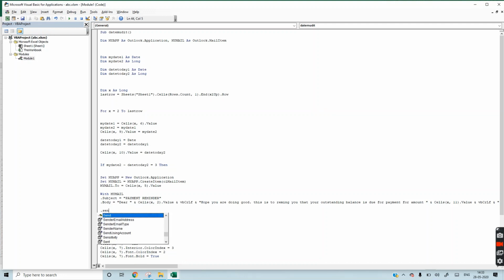Now if you write send here, then the mail will be sent automatically, and if you want to display it before sending, you have to write the code display here. I want to send automatically, so I'm writing send here. We started the statement with With, so we will close it with End With.